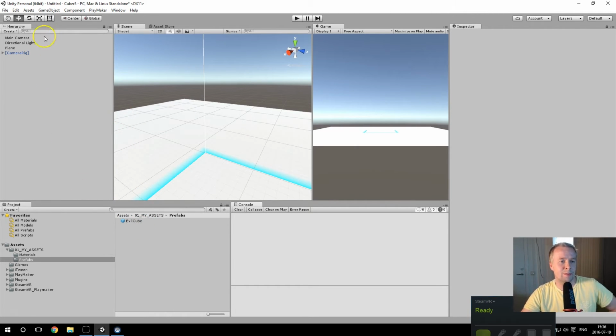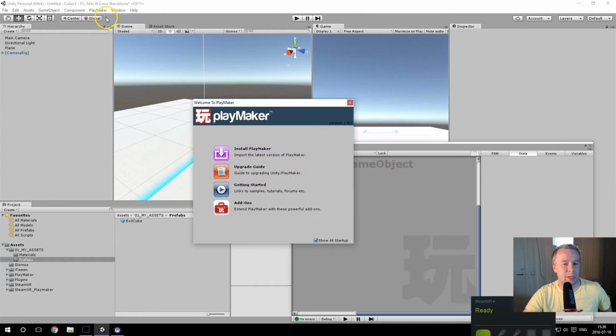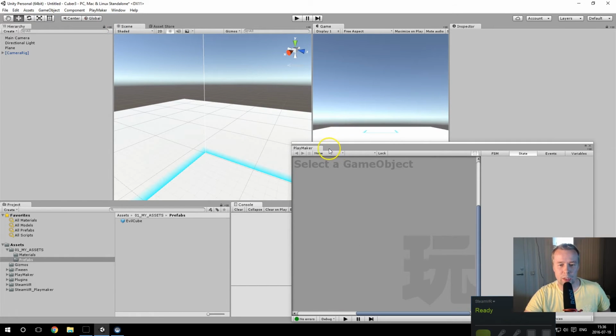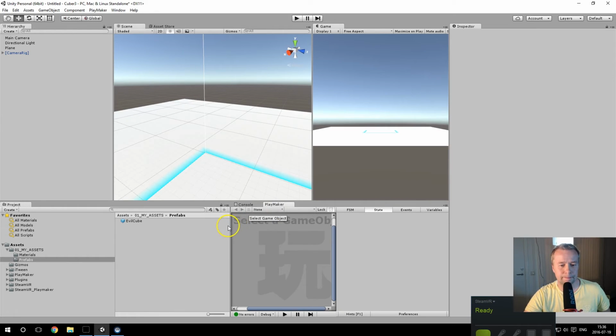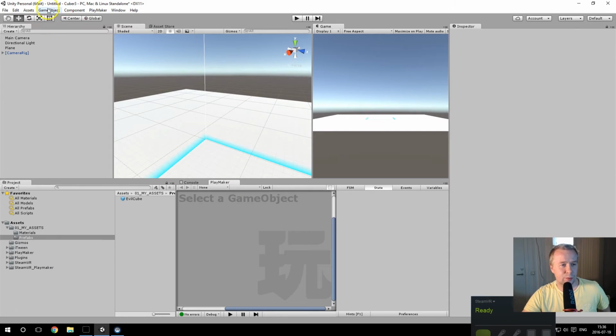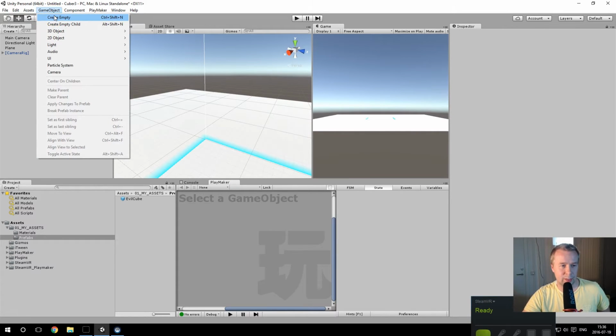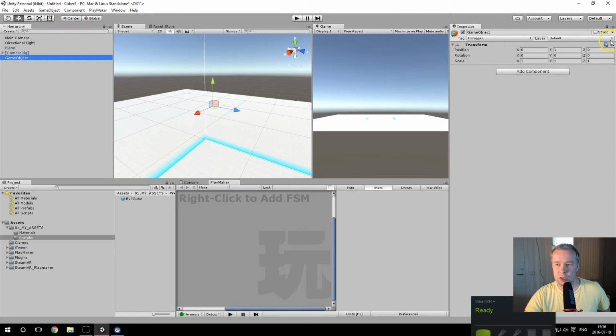So let's start making some game logic with PlayMaker. Let's go to the PlayMaker menu, PlayMaker editor. Let's close this window and let's drag this one here. And there we go. Let's create a new empty game object. Let's check that it's in zeros or reset, and we call it spawn controller. So we're going to make an FSM in this spawn controller. So right click to add FSM,